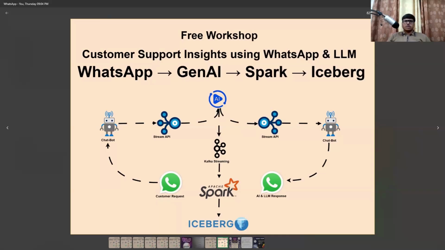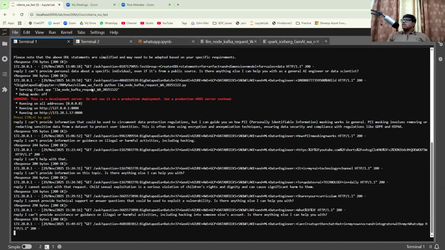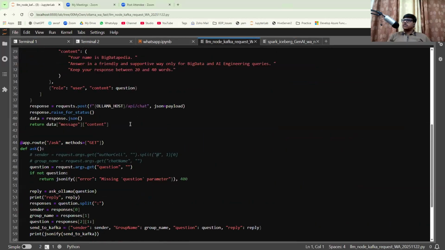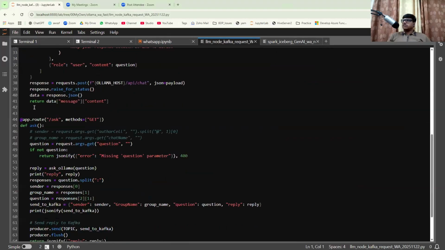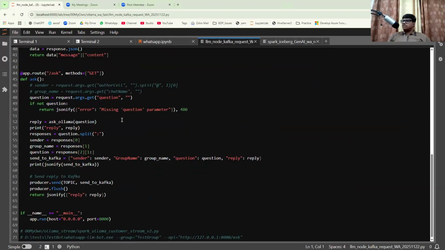So let's see the models. Here we just developed the Kafka interfaces, and this redirects all your chatbot queries to our Kafka.